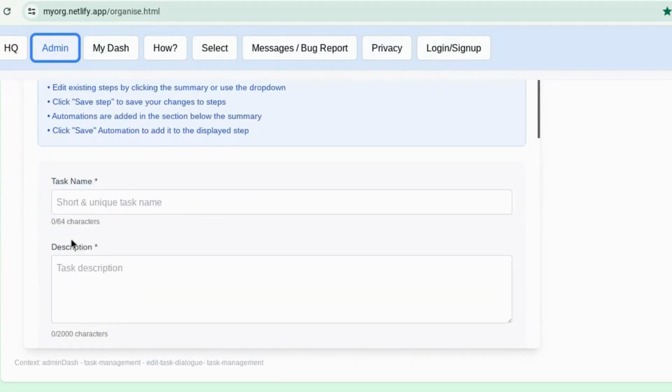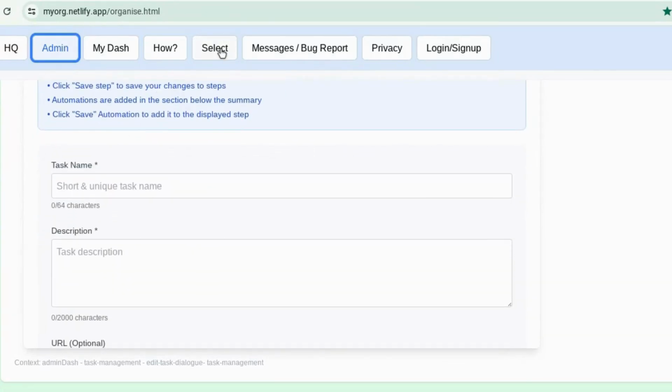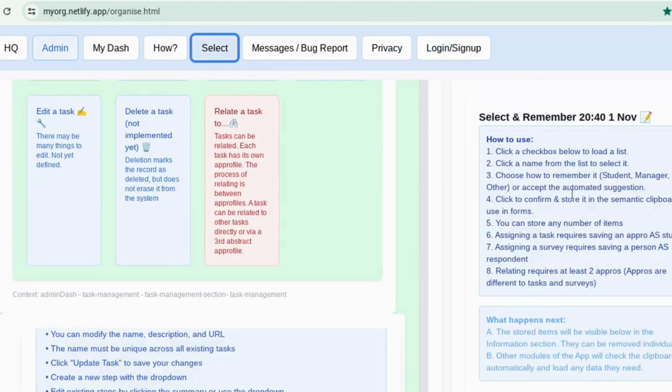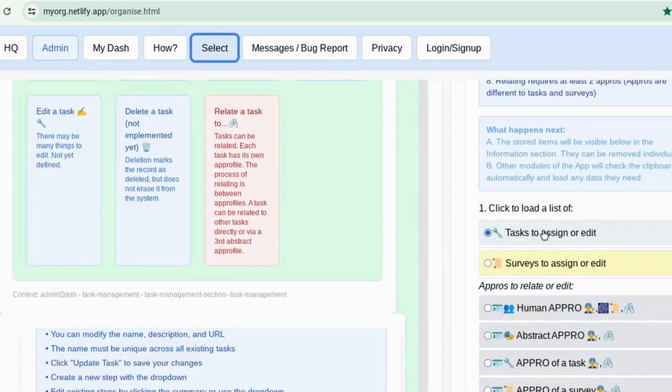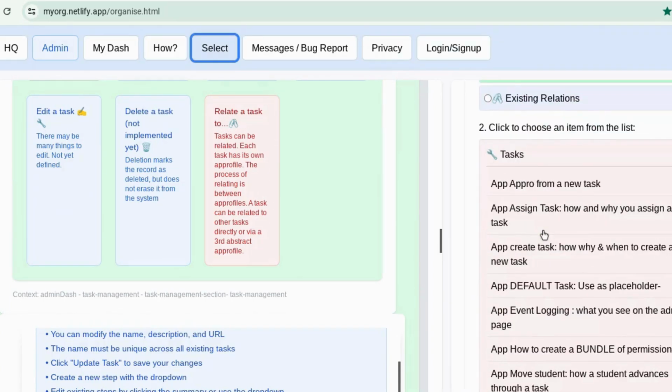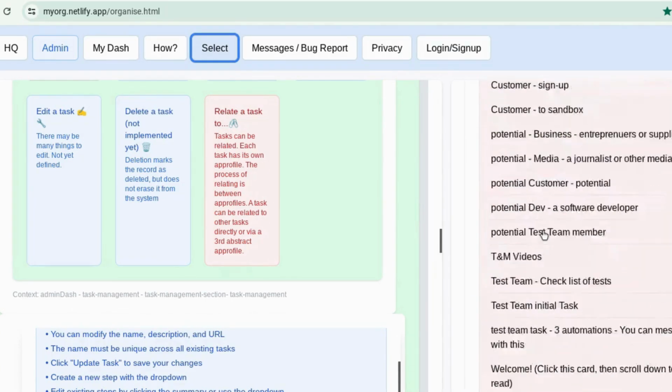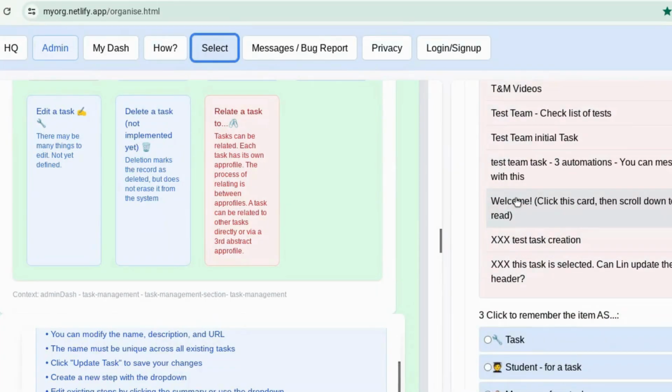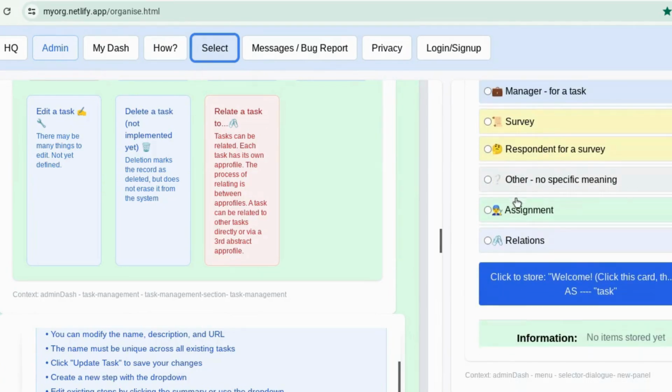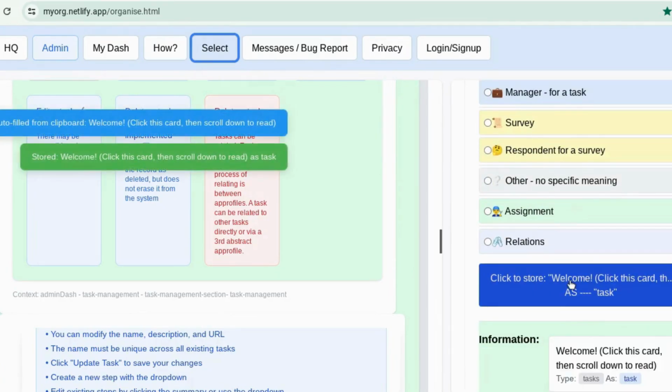You will need to use the Select Top-Level menu to pick the task you want to edit. Today that would be the Welcome task. When you return to the Edit Task module, the task you selected will have automatically loaded and is ready to be edited. You can change the text of the task, the videos that are embedded in the task, and you can change the automations of the task,